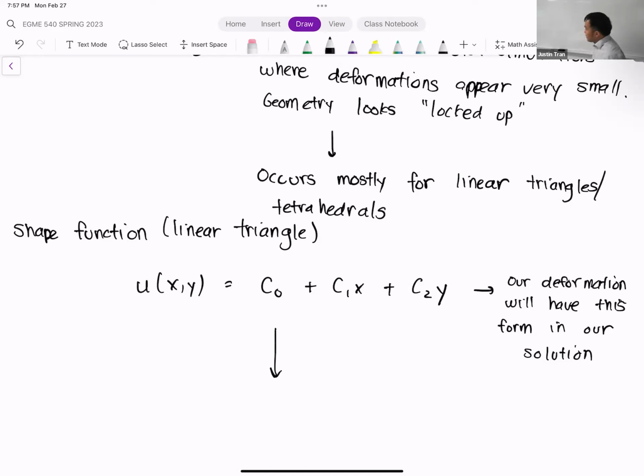And so let me take this deformation and let's take its derivative. When we take the derivative of deformation in space, so we take the derivative with respect to x or y, that's going to give us strain, right?